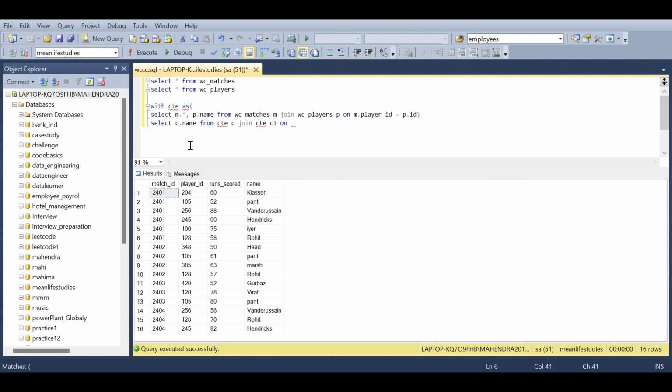The condition would be the increment of match ID and the same player being present in that particular match, I mean after the first match. We check C dot match ID increased by 1 equals C1 dot match ID, and also that the player ID in C equals C1 dot player ID. Now if you execute this one,